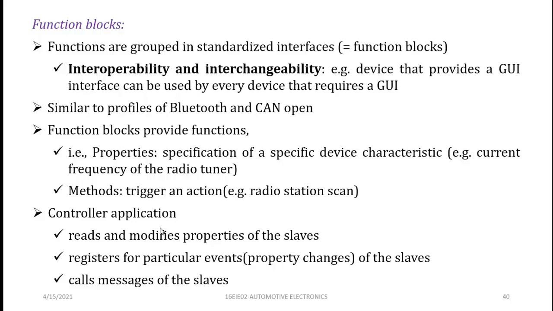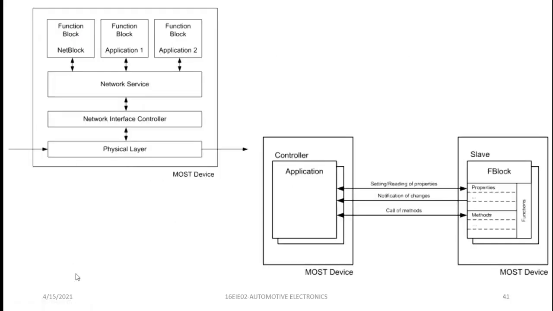That is, if you need this station, that station, 105.5, 103.5, 93.5, based on the station, it is going to read the data and it is going to set that one, register the particular one. So first thing is it is going to read, next going to register, then it is going to call the method of the slave. So how the function used to take place here. Okay, now